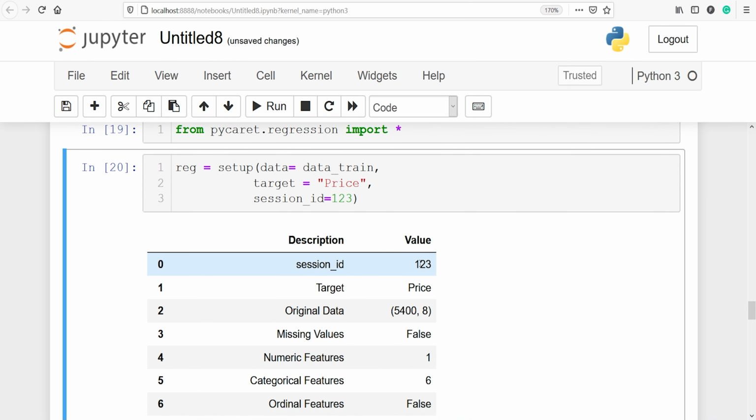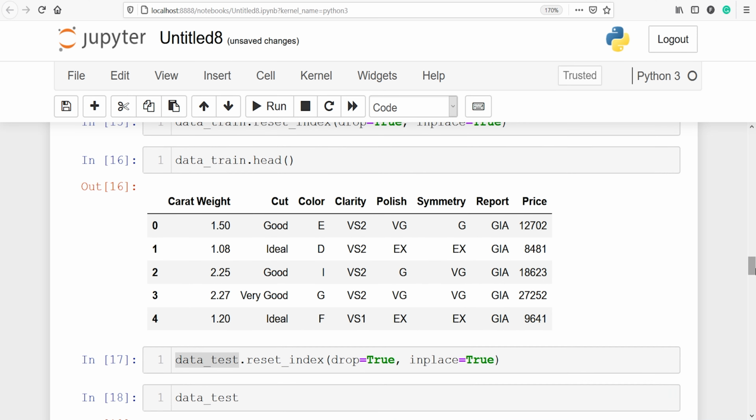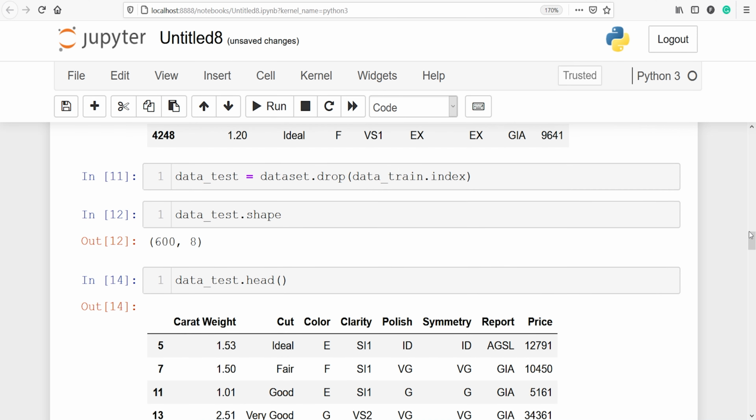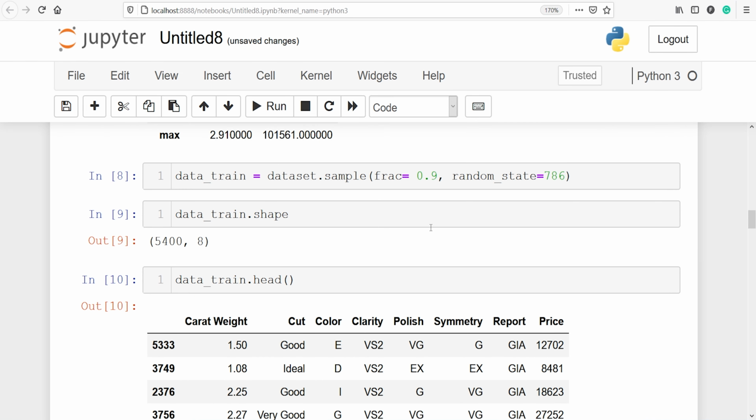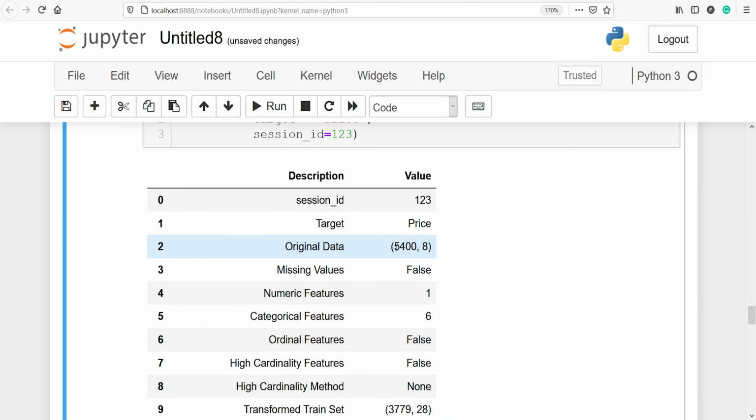So you have session id 123, which we have passed here, then you have target. Our target variable is price. Then this will tell you the original data, how many observations there are. So in our training data we have 5400 samples, and you can verify from here that in our data_train we have 5400 samples.